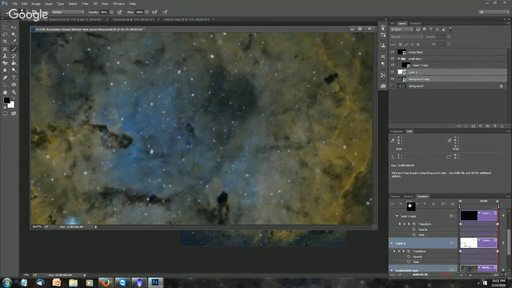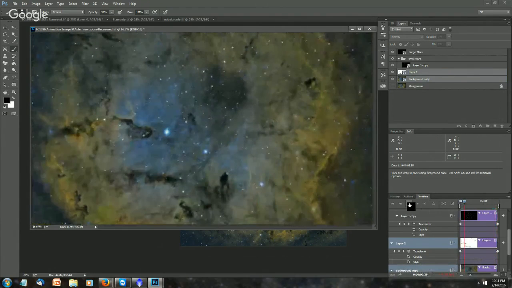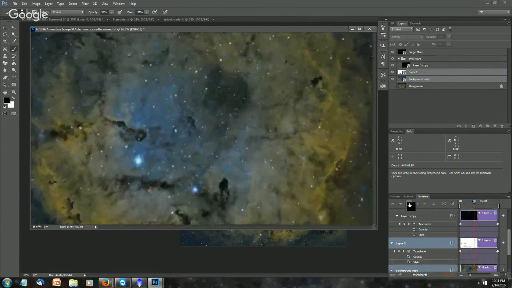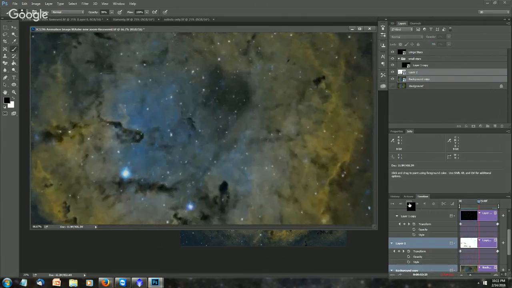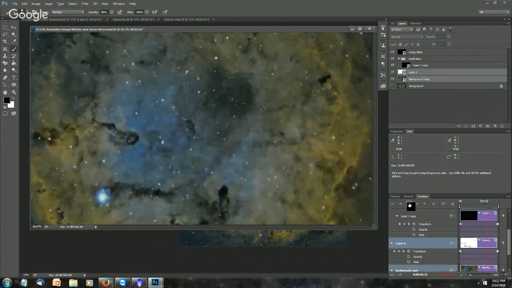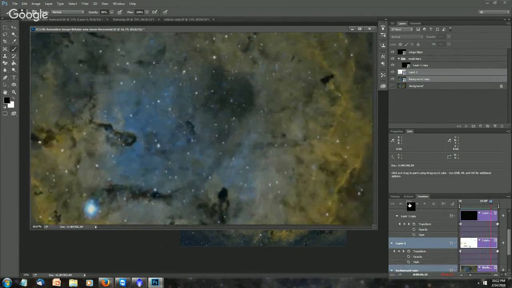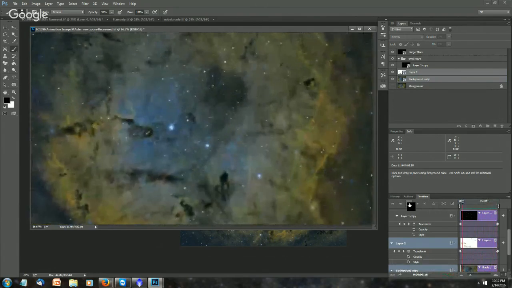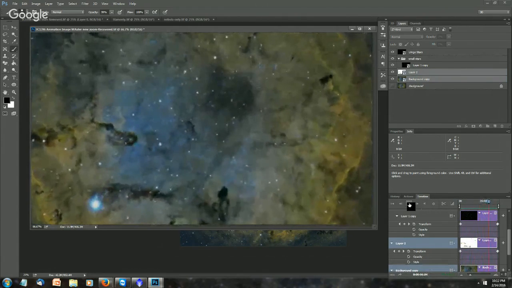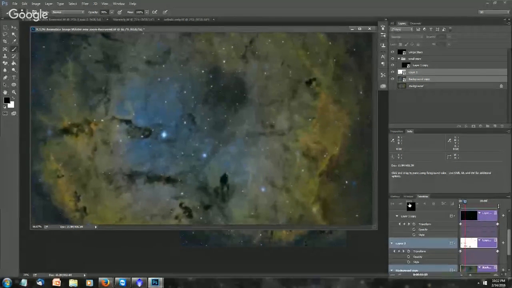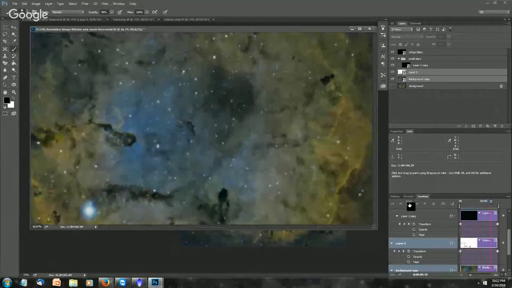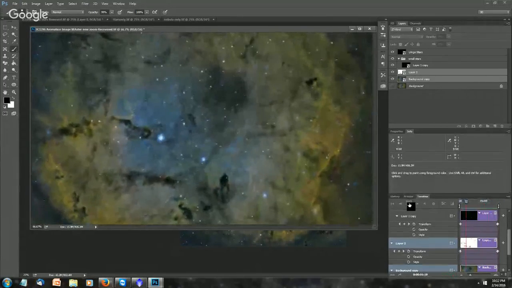The other question was, could you have used a range mask in PixInsight to select the dark nebula and make a mask for that removal step? You'd probably use it. Rather than dividing, I'm trying to think of how I would do it with a range mask. I'd probably use the range mask, but still end up dividing, and I don't think it would do anything because